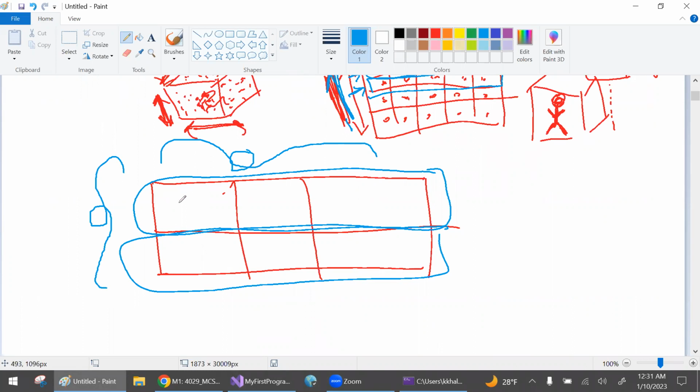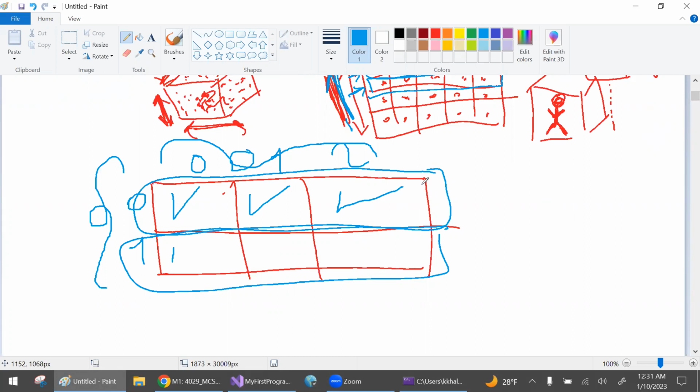So at the first iteration, I is 0. So this is 0 and 1, 0, 1, 2. So at the first iteration, I am at I0, column 0. Then I am at I0, column 1, I0, column 2. Then the inner loop terminates because I reached the end of my columns, because I'm iterating